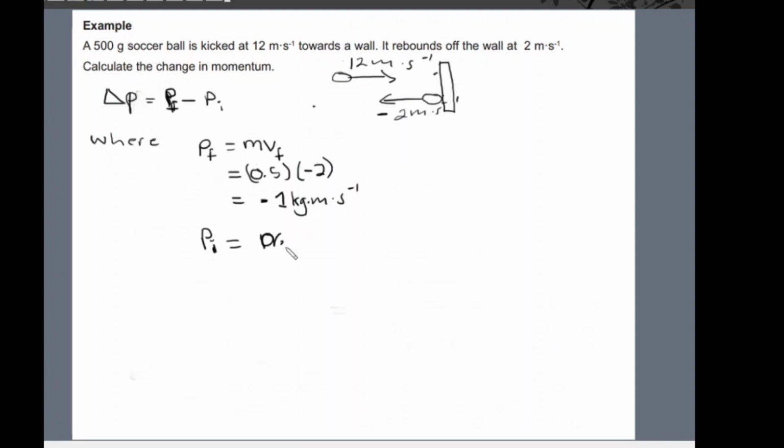Let me write the formula first. The mass of the ball is 0.5 kg times the initial velocity of 12 meters per second towards the wall, right? So the initial momentum is therefore 6 kilograms meters per second towards the wall,